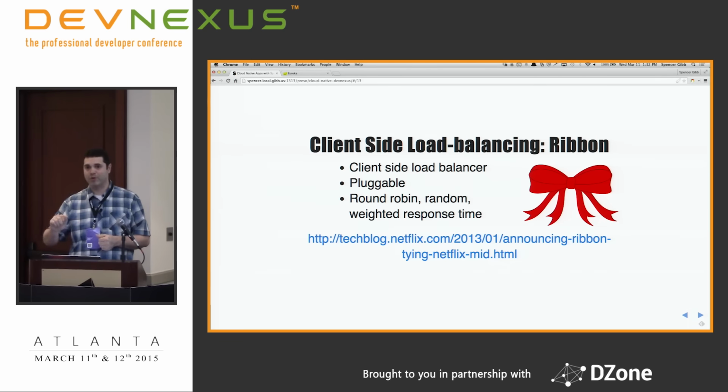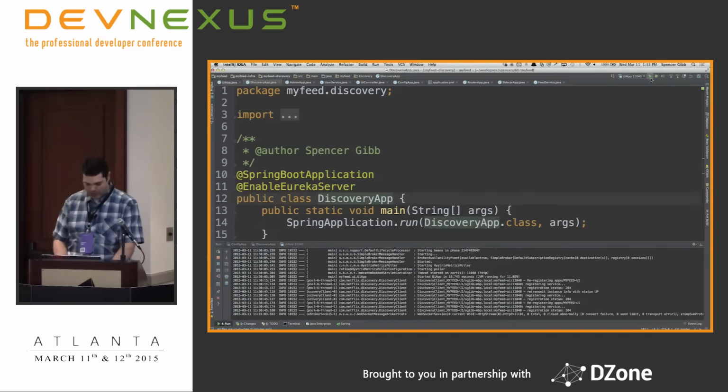The other thing it does is determine which server to give you, right? So it can round robin. There are also some strategies for response times. It will give you the server with the lowest response time. And you could also implement your own strategy for load balancing if you want. A lot of what Netflix has done is pretty extensible, and the next versions of these libraries are even more friendly to customize.